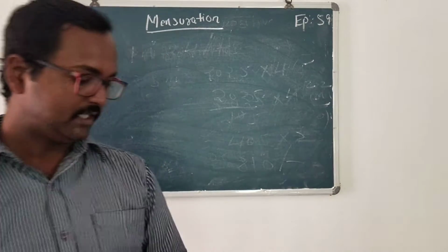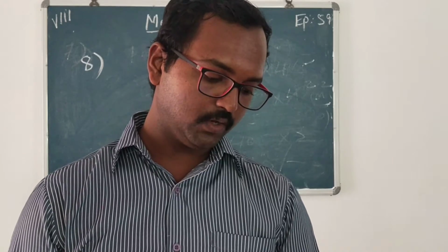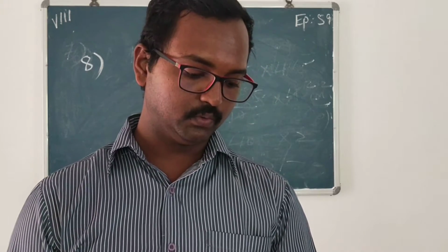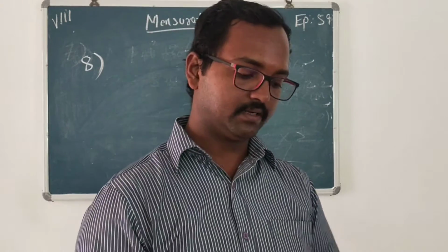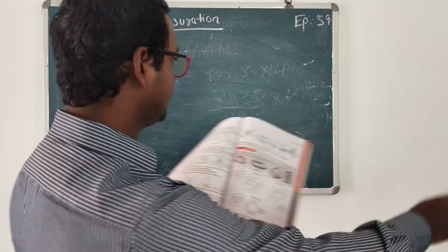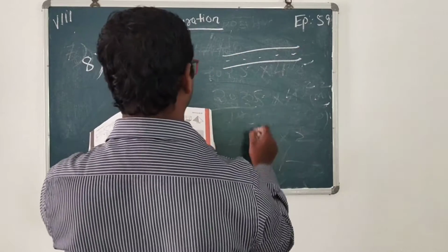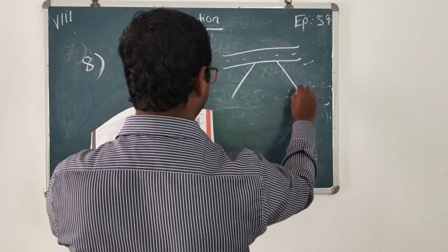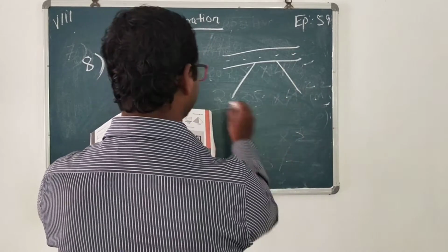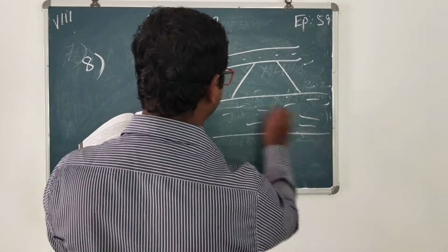See, Mohan wants to buy a trapezium shaped field. Its side along the river is parallel to and twice the side along the road. So here in this picture you can see there is a road. This is a road. Then this is a field which is in the shape of a trapezium, and here we have a river.